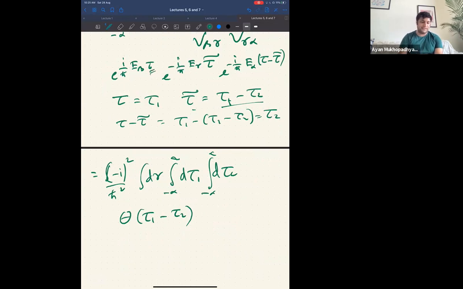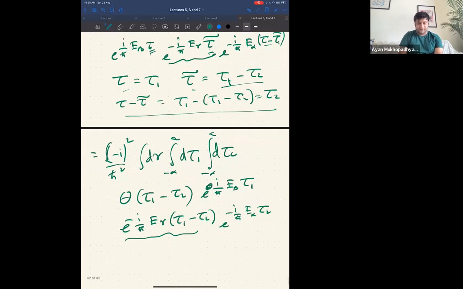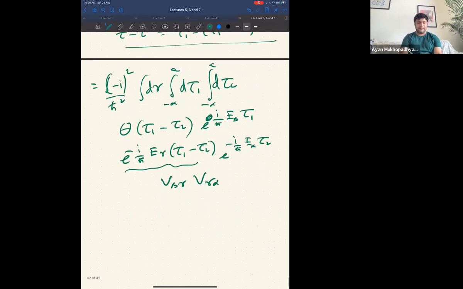Now, here there is only tau, and tau is tau1. So e to the power i by h bar E beta tau1. Okay. And then I get e to the power minus i by h bar E gamma, and E gamma tau tilde is tau1 minus tau2. So I write tau1 minus tau2. I just simply rewrite this here. And then tau minus tau tilde is tau2. So I get e to the power minus i by h bar E alpha tau2. And then I have V beta gamma, V gamma alpha. Now, what does this remind you of? So you see, this is nothing but,